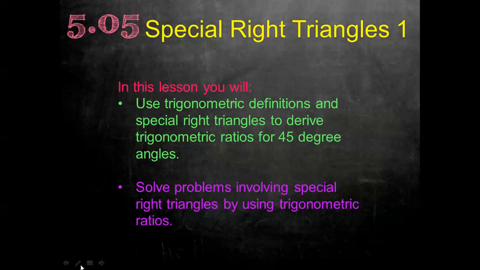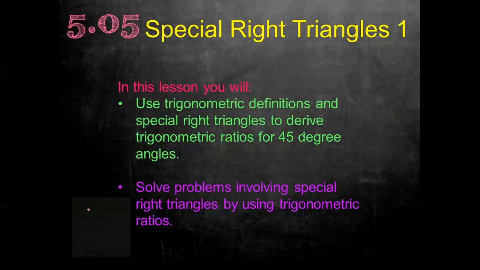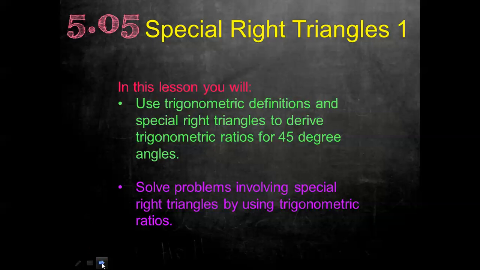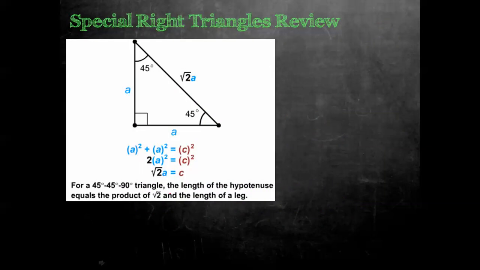In this video, we're going to talk about special right triangles. We are going to use trig definitions and special right triangles to derive trig ratios for 45-degree angles. And then we are also going to solve problems, including special right triangles, by using those trig ratios that we've come up with. So when we have a 45-45 triangle, we know that the length of the hypotenuse equals the